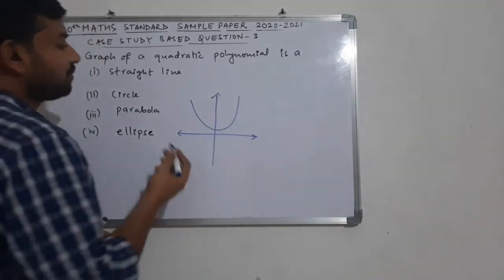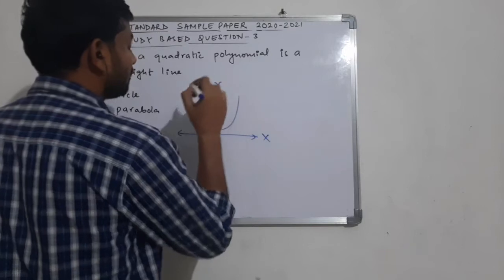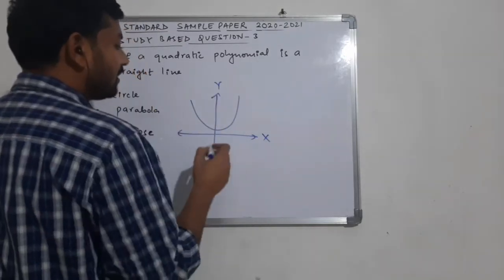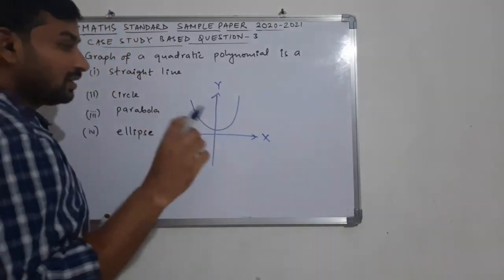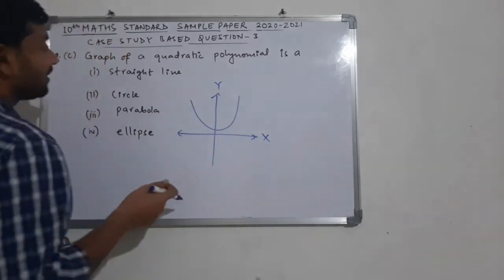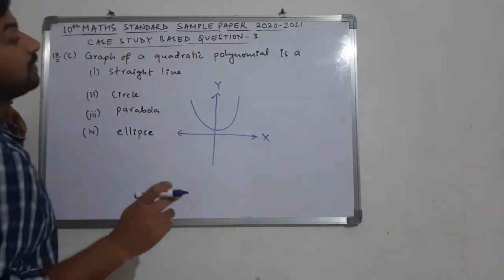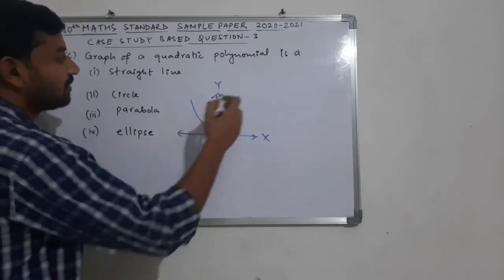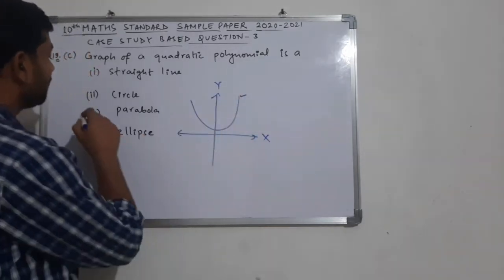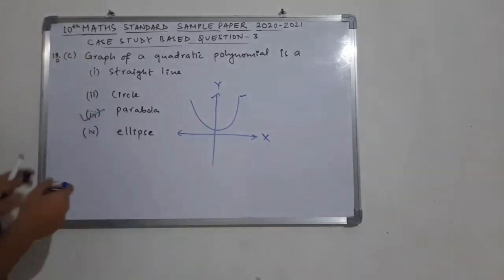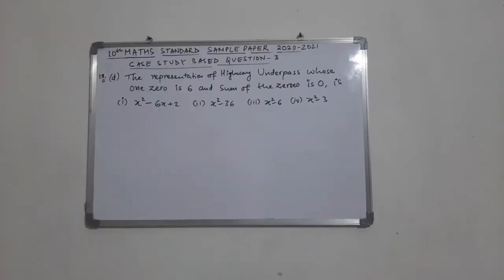क्वाड्रेटिक पोलिनोमियल का जो ग्राफ होता है, जब हम इसको ड्रॉ करते हैं तो एक पैराबोला आता है, जैसा कि हमने पिछले क्वेश्चन में भी देखा था. एक्स और वाई एक्सिस है, इसका जब ग्राफ बनाएंगे तो वो कितने पॉइंट पे एक्स एक्सिस पे कट कर रहा है, टच कर रहा है, तो हमको नंबर ऑफ जीरोस उससे पता चलते हैं. So it is clearly a parabola. So the third option here is the correct one.